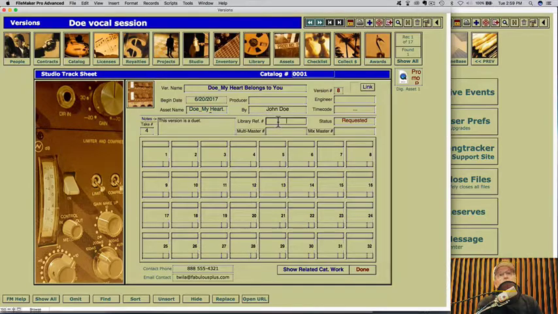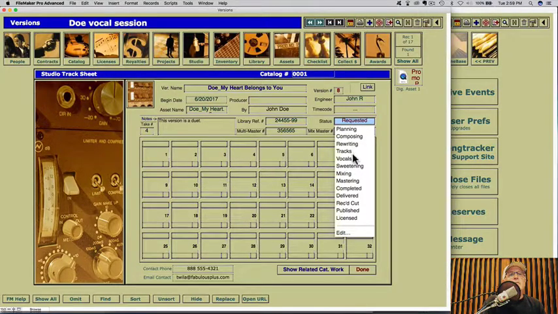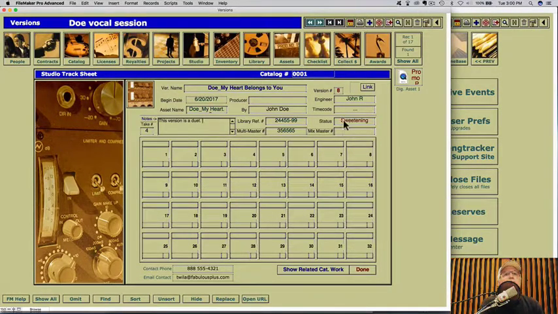Then you have library reference number, multi-master number. You can change this too. This could be a digital multi-track, analog multi-track, hard disk multi-track, whatever works. You can also edit this. Your time code, if it's applicable. Our engineer is John R, for example. We're composing, we're rewriting, we're sweetening, for example. All right, and the mix master number,